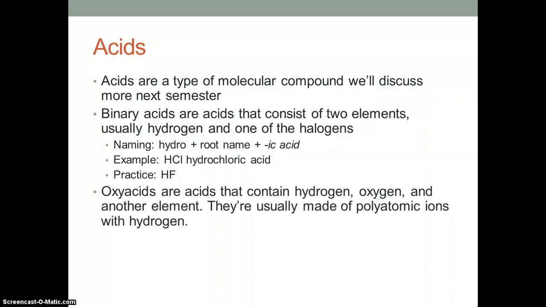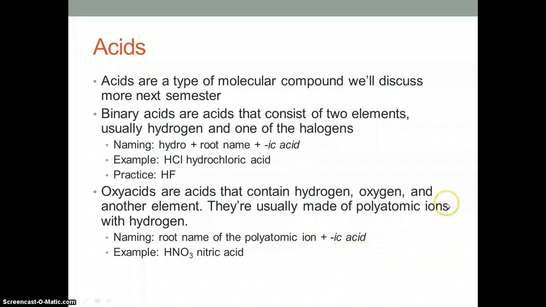Then we have oxyacids, and these are acids that contain hydrogen, oxygen, and another element. And these are usually going to be made up of polyatomic ions with hydrogen. For naming, you're going to do the root name. It's just the root name of the polyatomic ion plus ic acid. So for example,